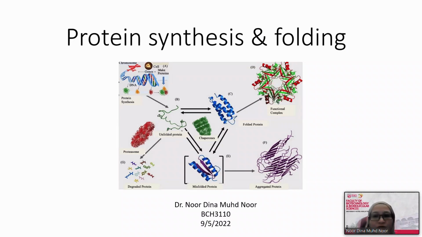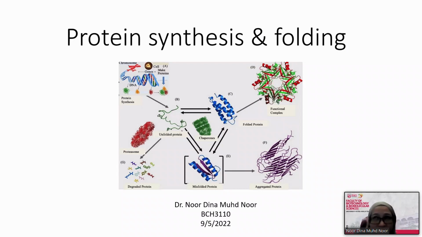It should be folded for the protein to be activated, and in this case the protein can go through a folding process, through many steps and many options, like we have previously discussed, which involve